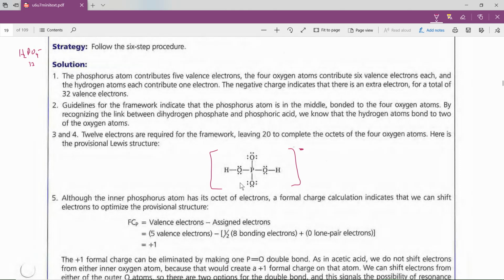And we see for this example here that the formal charge on the hydrogens is 0, good, and on the oxygen we have 0 here, 0 here, oxygen at the bottom is -1, oxygen at the top is -1, and phosphorus is 5 minus 4 is +1. Okay, the question is, can we do better than that? And if we make